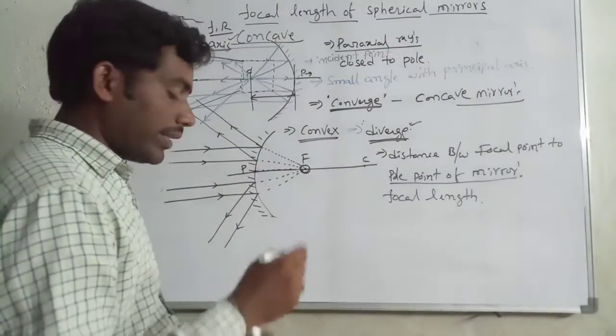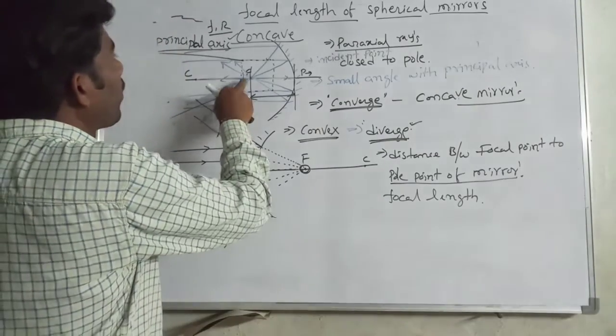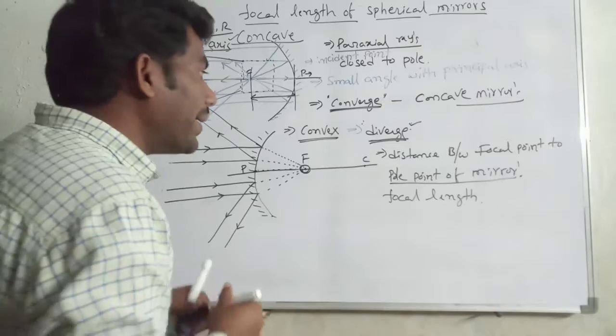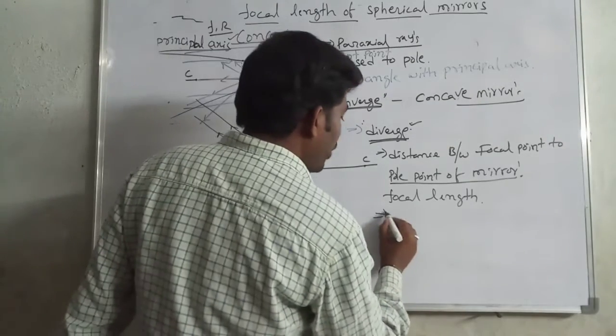Focal length means the distance between the focal point and the pole. It is simple, and this is denoted by